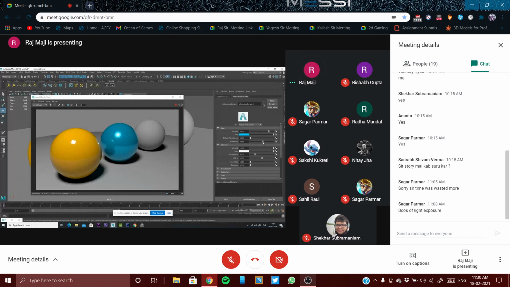Okay, something like this. And 100% metallicness means 100% metal. Not a problem. Like it is coming black because the environment is actually black. So that black environment is being reflected on it. I just converted the background color to it, but actually it is not getting reflected. So the black is getting reflected. So 100% metalness we are getting. So through this metalness, you can get something like this. Okay, by using the metalness. So for the metallic objects, this metalness can be used.